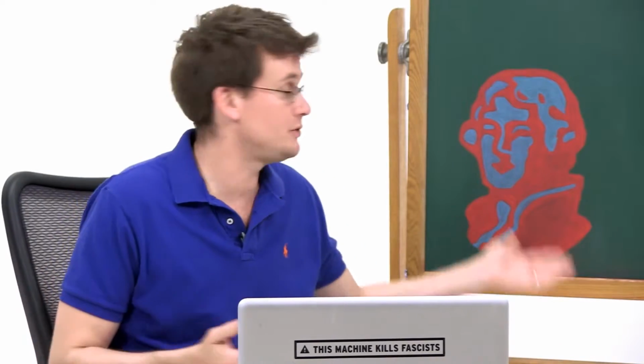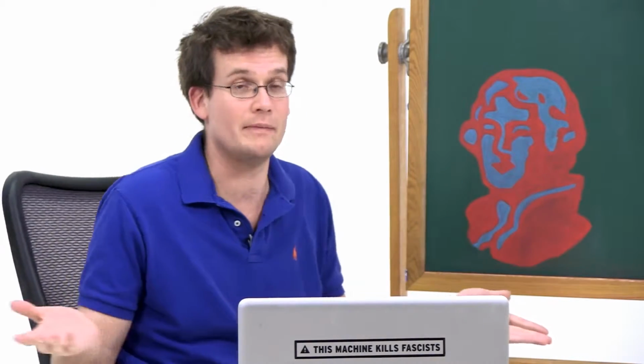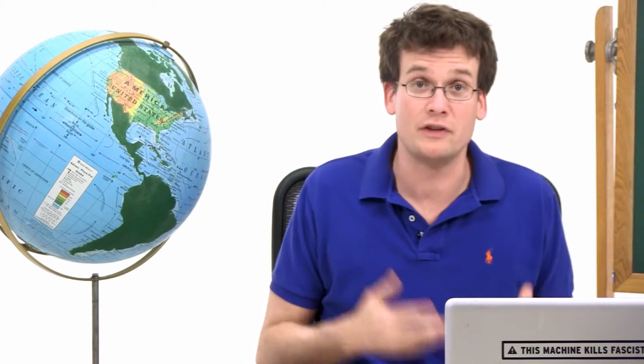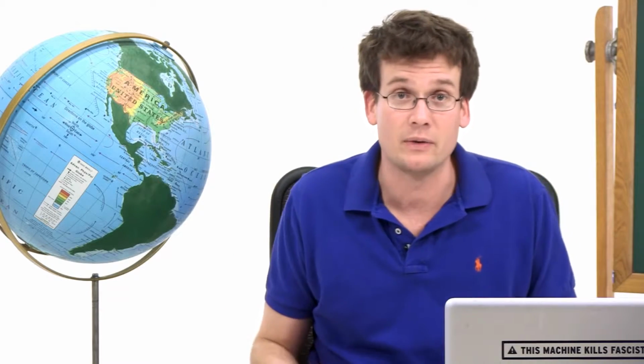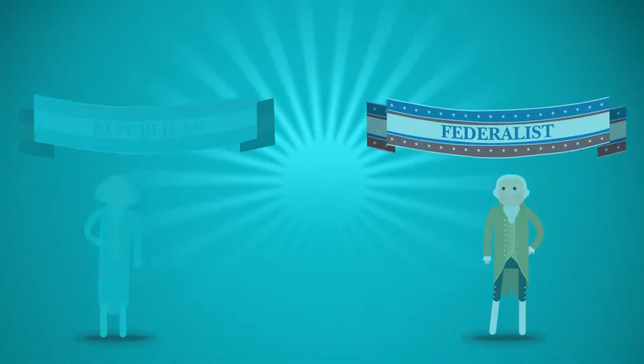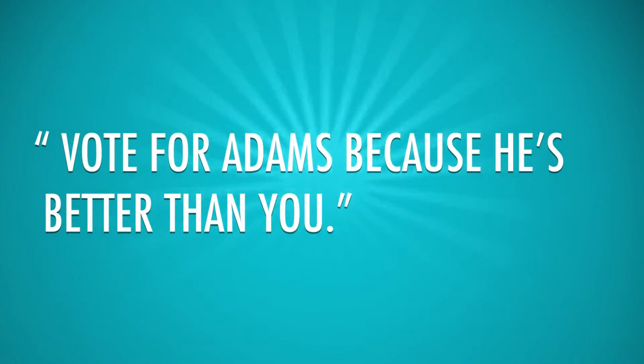So in 1800, Thomas Jefferson, pictured here, this is the third time that we've featured Thomas Jefferson on the chalkboard, so we had to go a little Warhol on it. Right, so Jefferson, the Republican, ran against John Adams, the Federalist. 1800 was the first election where both parties ran candidates and actually campaigned, and surprisingly, the Federalists' elitist strategy of vote for Adams because he's better than you did not work.